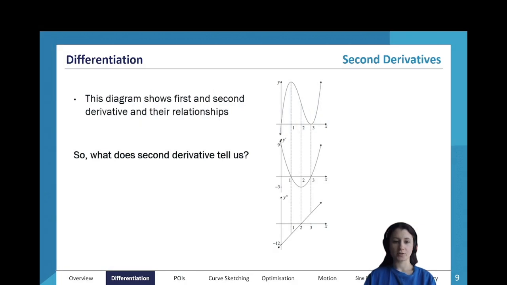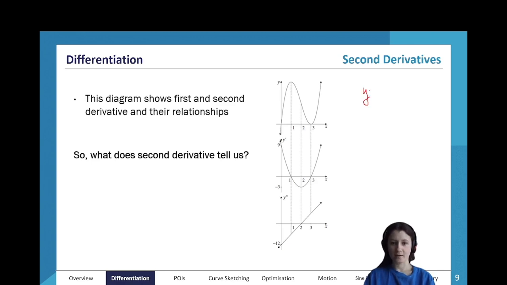Now let's get into the second derivatives. So, what is a second derivative to begin with? The second derivative is essentially the derivative of the derivative. Alright? So as an example,